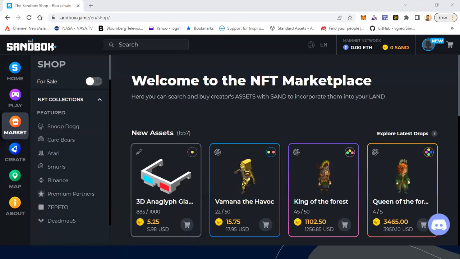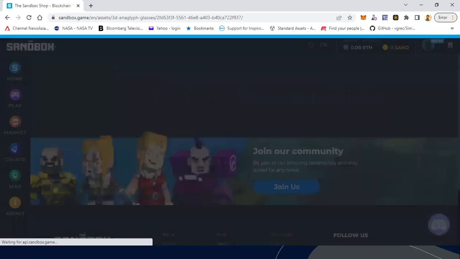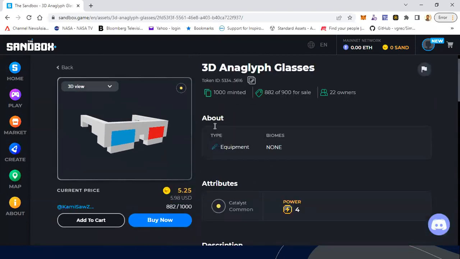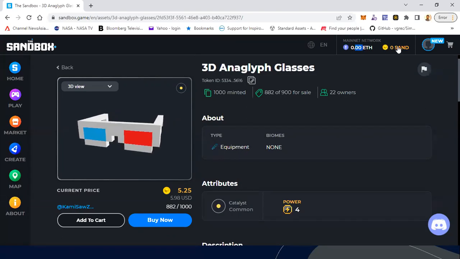So yeah, you can see it also has a digital marketplace like this, where you can look at a digital item. It's like an NFT marketplace, but in 3D, where you can see certain digital content whose ownership you can own, right? Digital items like this. You can see the token ID, the transaction ID like that. It works with the Ethereum network, and the token it uses is the Sand token, the main token that we